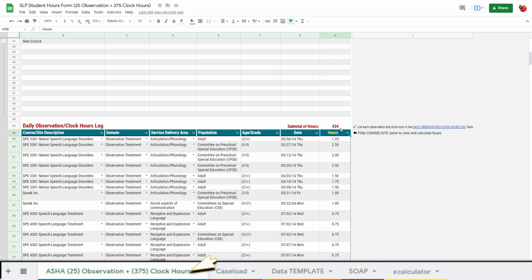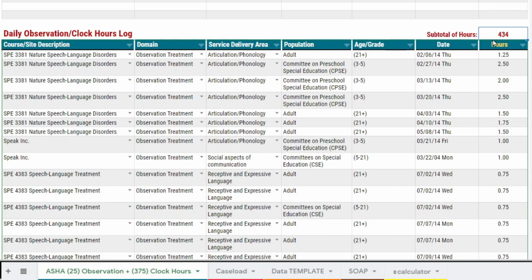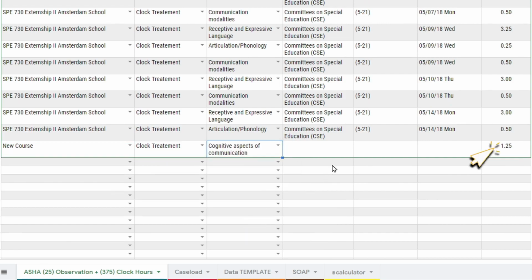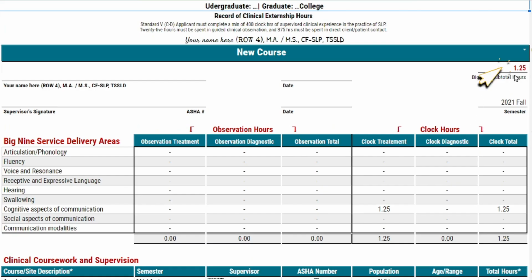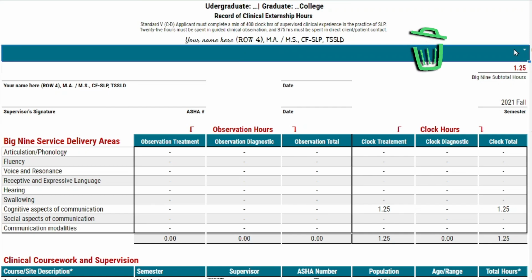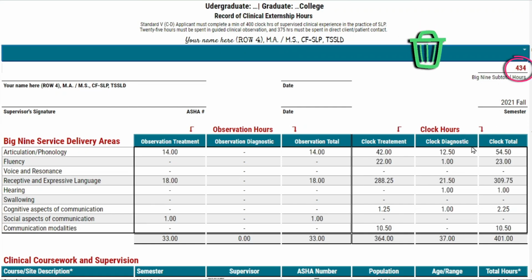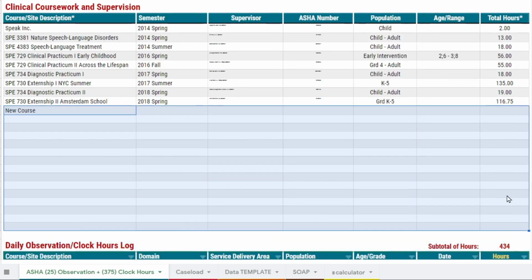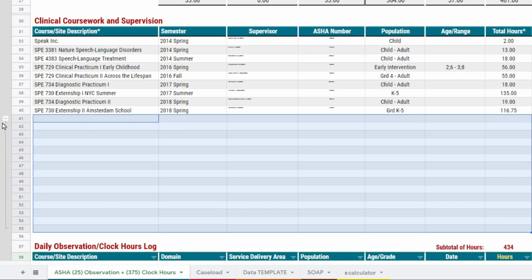Back in the sheet here, the total was added for that new course. You need to indicate the area. We see now that that total is showing up here. Let's hit delete here, and that will revert back to the total number of hours. If you don't need all of these spaces, leave them on the table so that you have the ability to